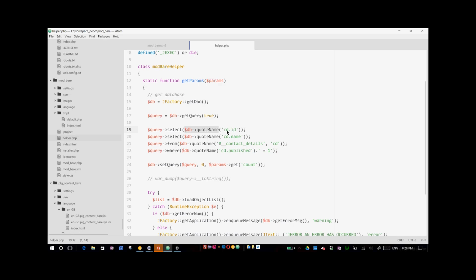That forces your query to be in a specific environment that will not be hackable. So actually I could have done select and then,